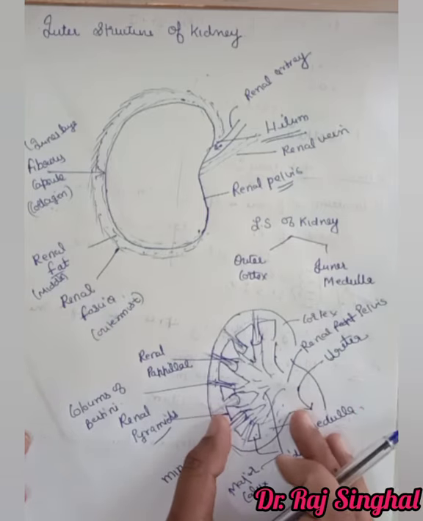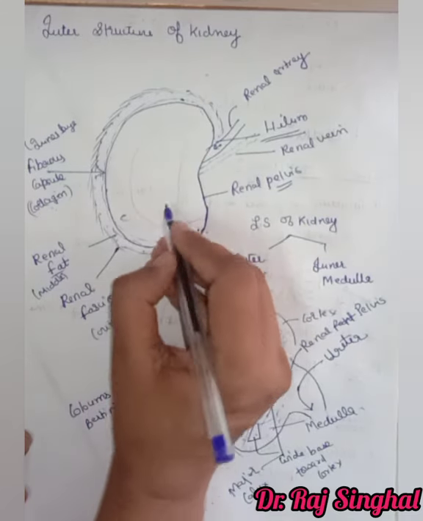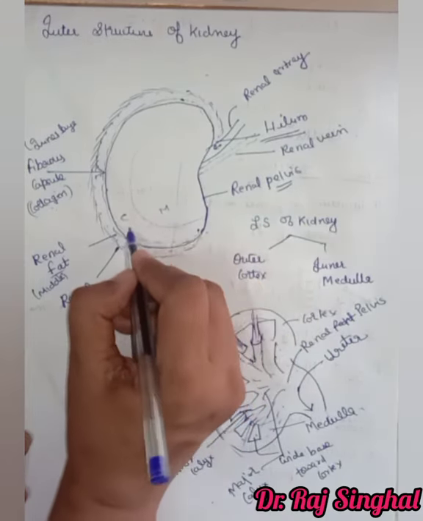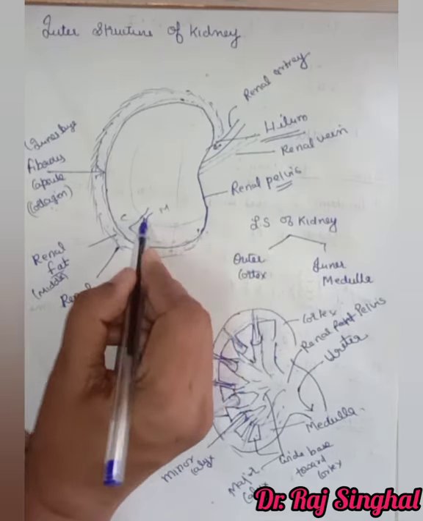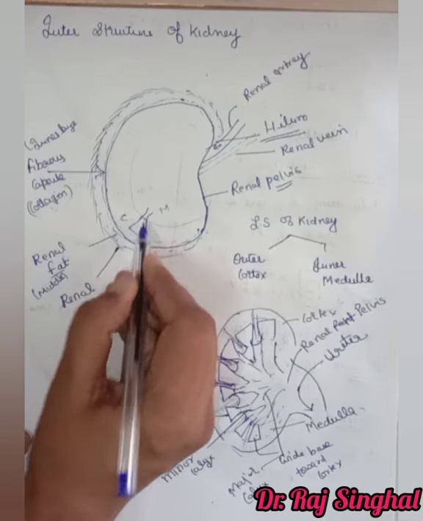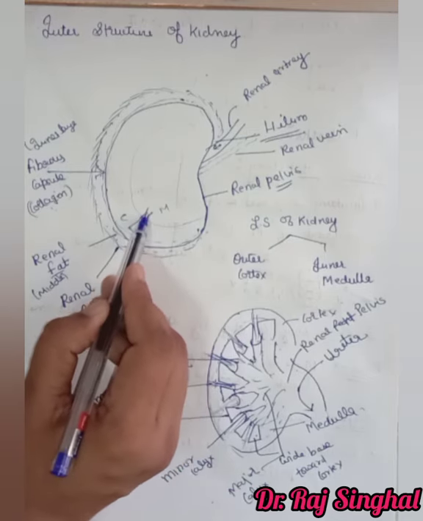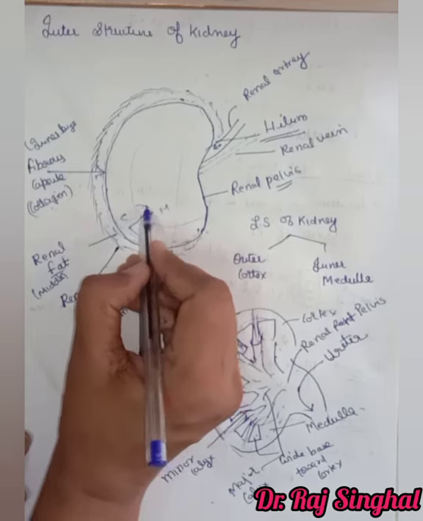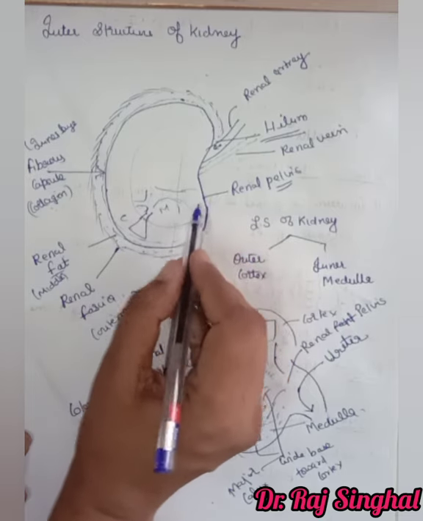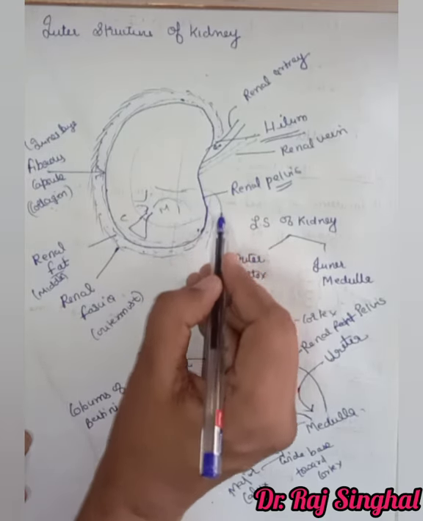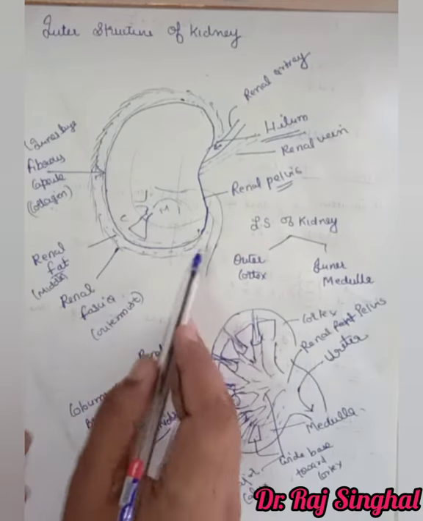Thus, if we see the internal structure of kidney, we find two zones having outer cortex and inner medulla with pyramidal structures. These pyramidal structures have narrower end, renal papilla, towards medulla and broader end toward the cortex, forming tube-like structures which are known as minor calyx, which combine to form major calyx, and this further opens in renal pelvis. This renal pelvis then continues to form a tube-like structure which is known as ureter.